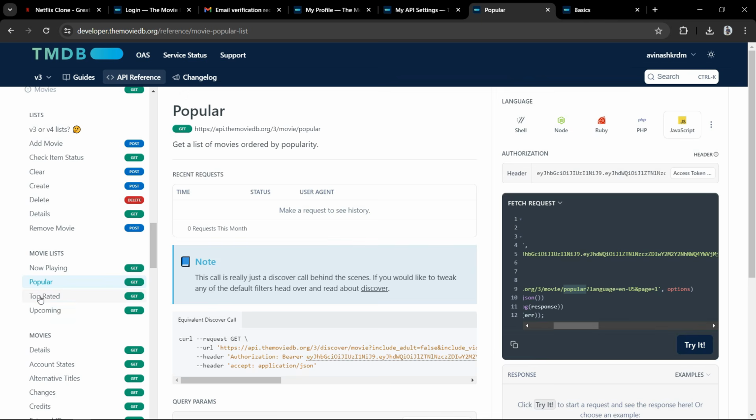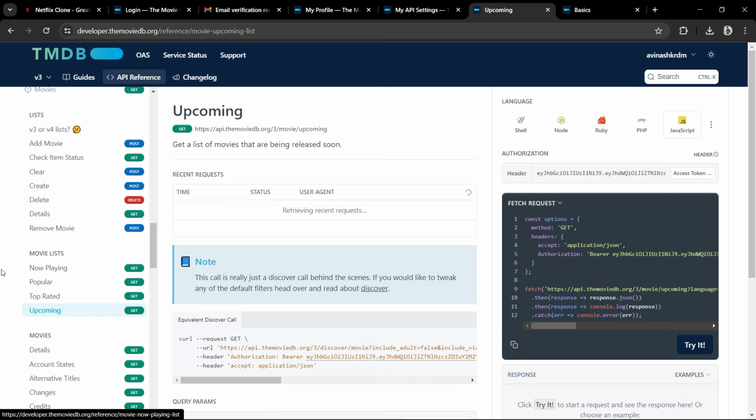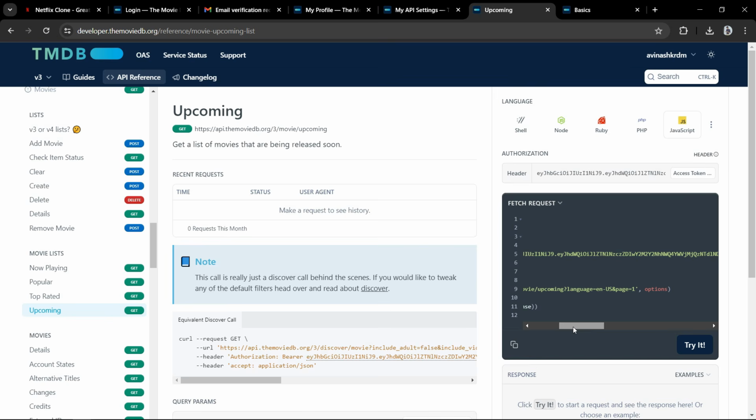If I click on top rated, here it is adding top rated. If I click on upcoming, so in this URL it is adding upcoming. So in the URL we have to update the category name and we will get the different data.